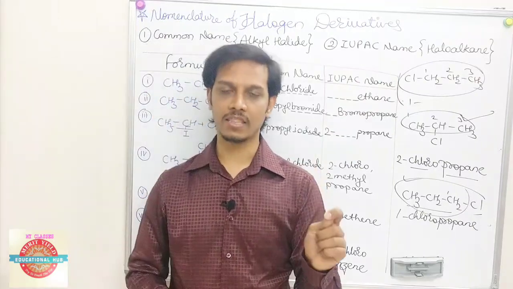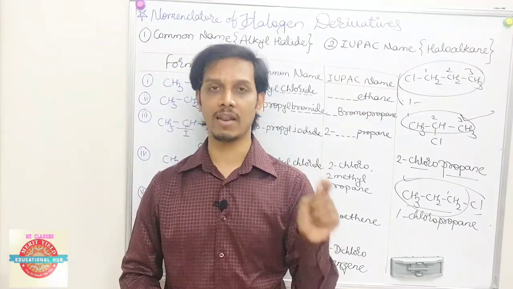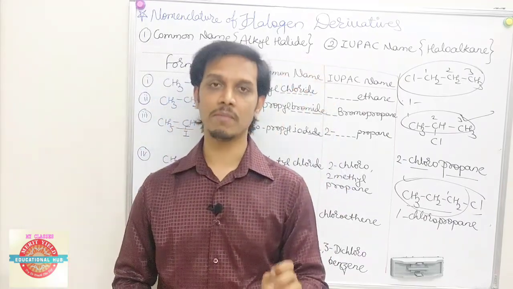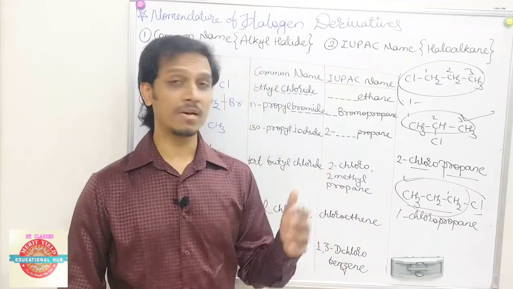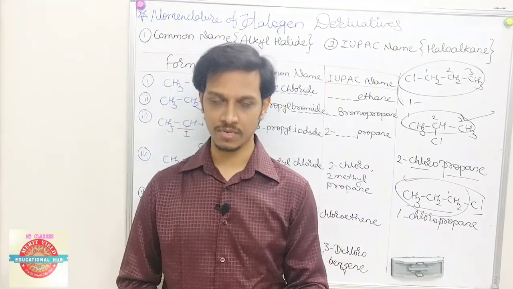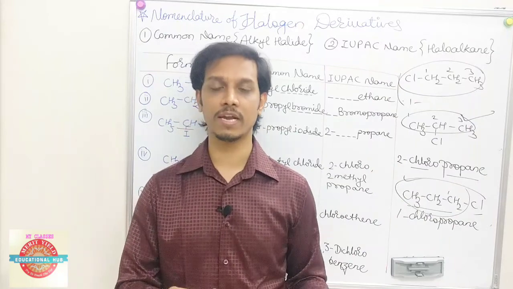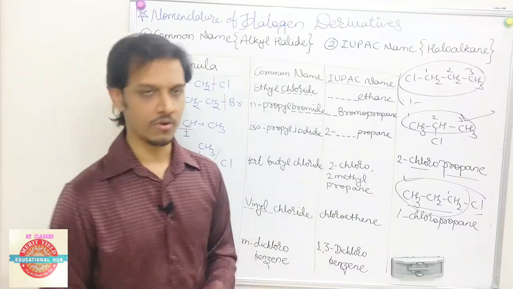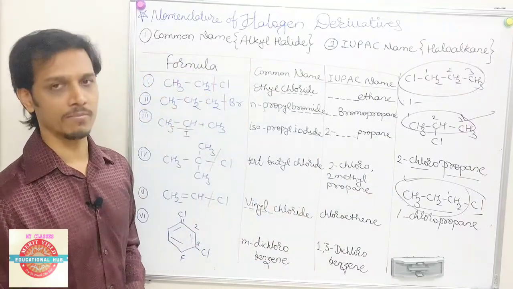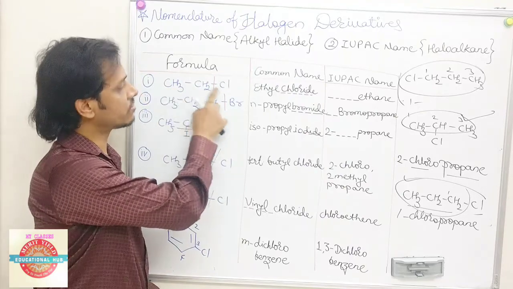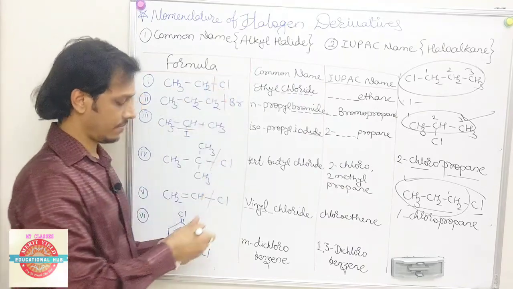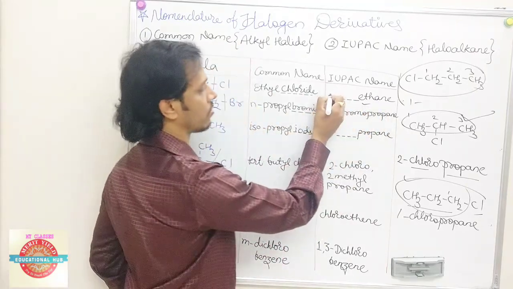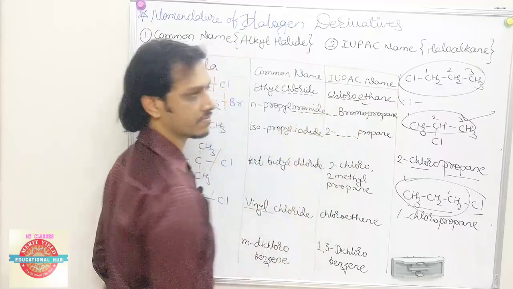First, select the longest chain of carbon atoms containing the halogen. Second, the halogen must get the minimum locant number, that is called the minimum locant rule. You must get as many substituents as possible. Those whole rules we'll get when we study bigger compounds, bigger examples. But right now these are the rules. So now we'll give the names for the given compounds here. First, CH3, CH2, Cl. Now, obviously, a 2 carbon system is ethane, done. Cl will become chloro, as you understand. It is chloro.